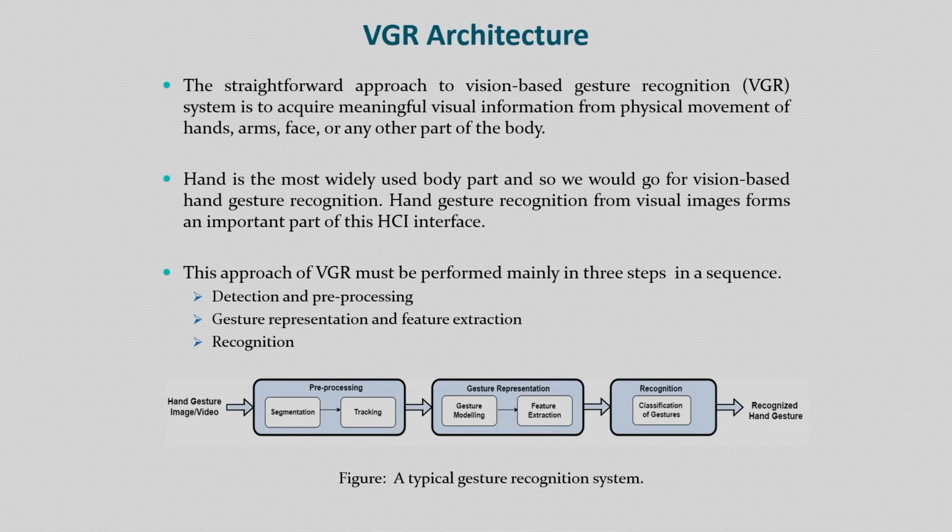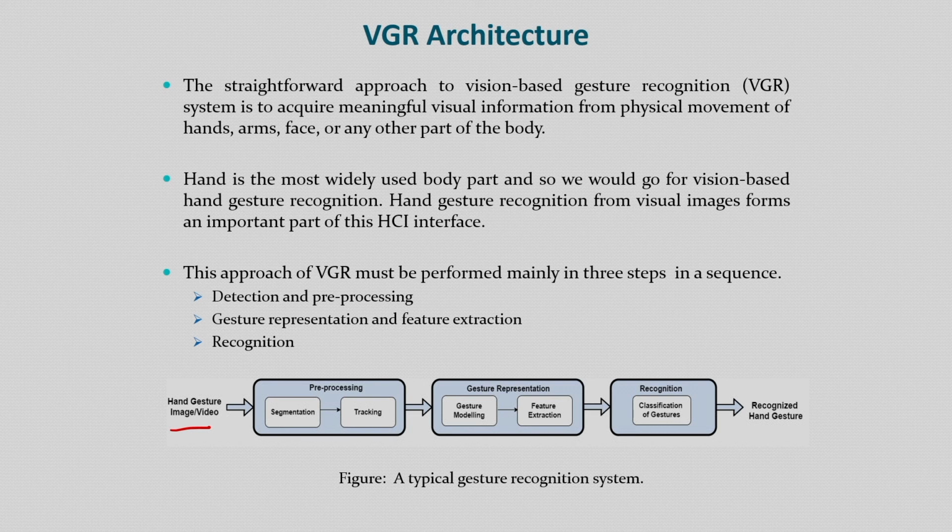If you see the vision-based gesture recognition architecture, first the hand image or video is captured by the camera. After this, we have to do the segmentation of the hand, and after this the tracking. I have already explained this problem is quite difficult because we have to consider dynamic background, maybe cluttered background, and also illumination variations. And if I consider two-handed gestures, I have to track both hands.